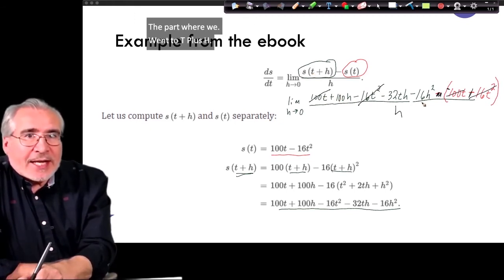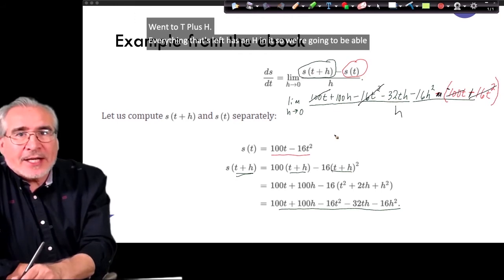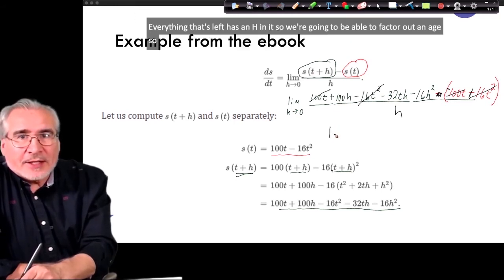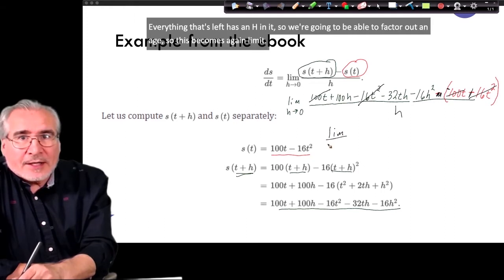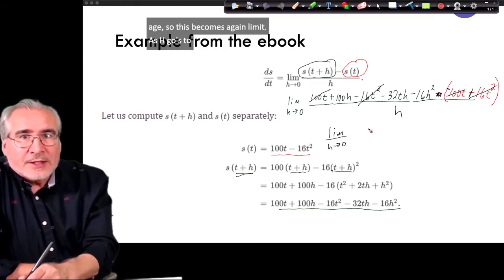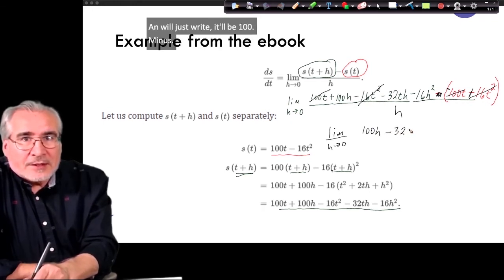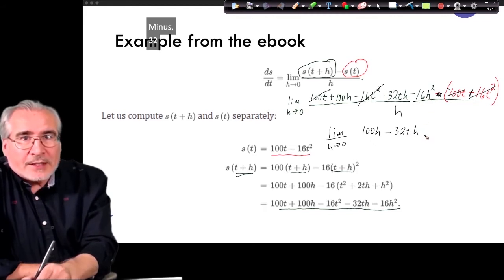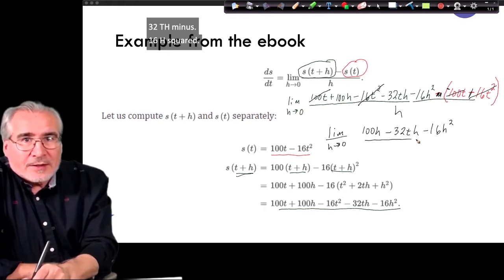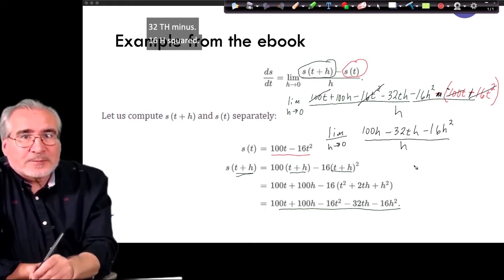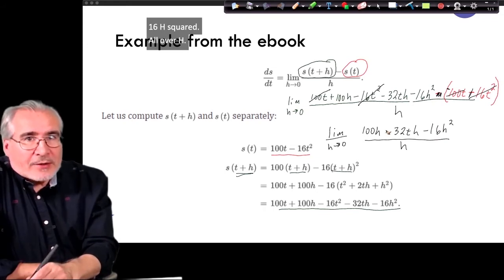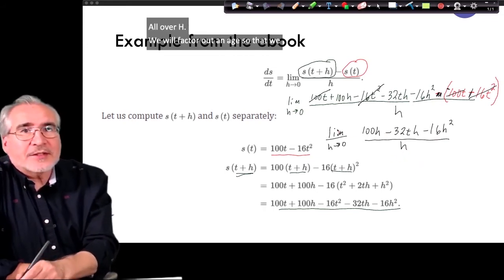Everything that's left has an h in it, so we're going to be able to factor out an h. So this becomes, again, limit as h goes to 0, and we'll just write it, it'll be 100h minus 32th minus 16h squared all over h. We will factor out an h so that we can cancel with this h. So this is kind of like a